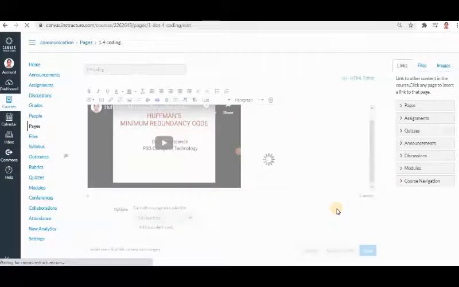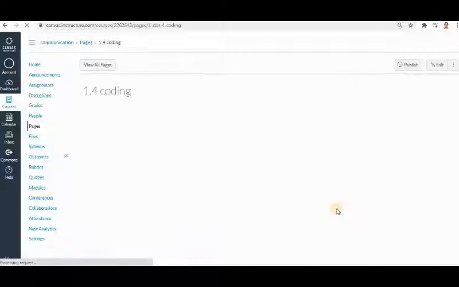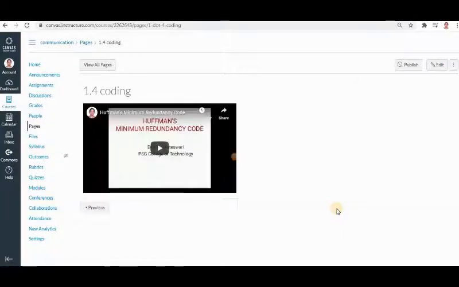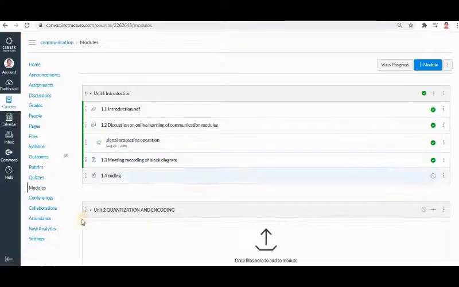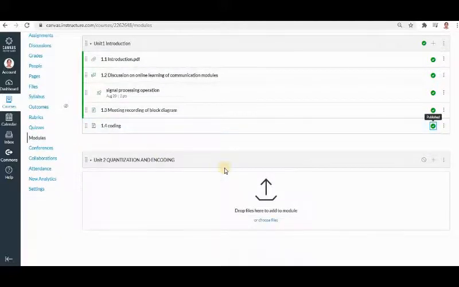If you have your own YouTube recordings, you can just add it here, or you can take any other open source recording that is available in the Swayam portal or NPTEL portal, where the lectures are given by a great lecturer. This coding is not yet published, so it will not be available to the user. So just click publish here, so it will be available to the user.